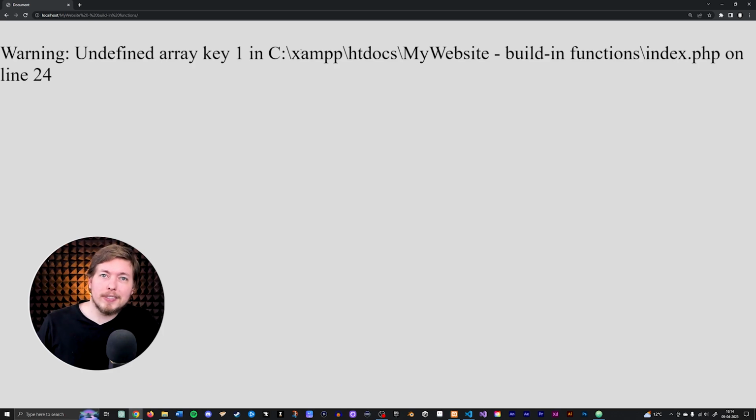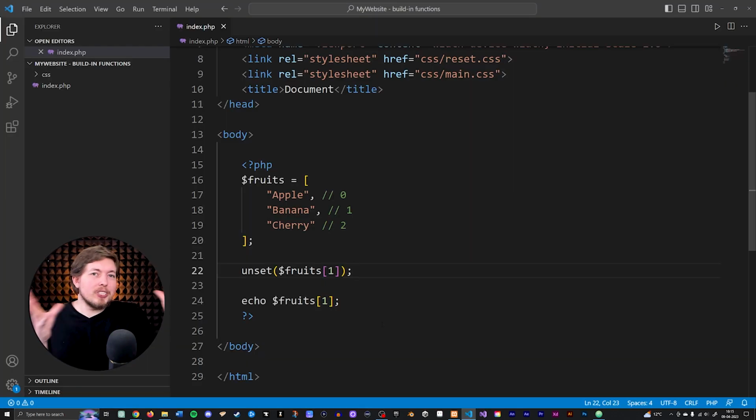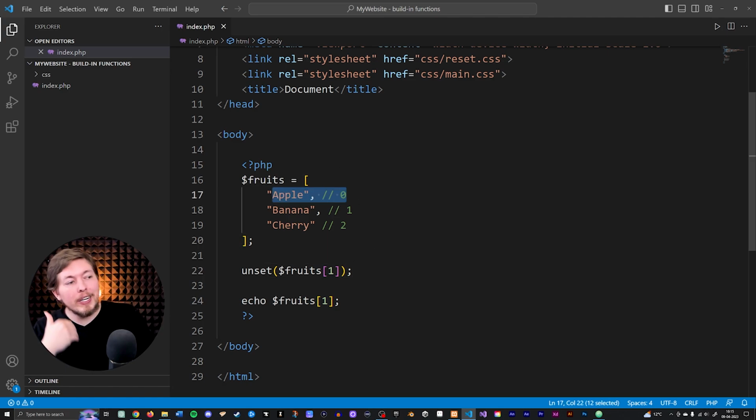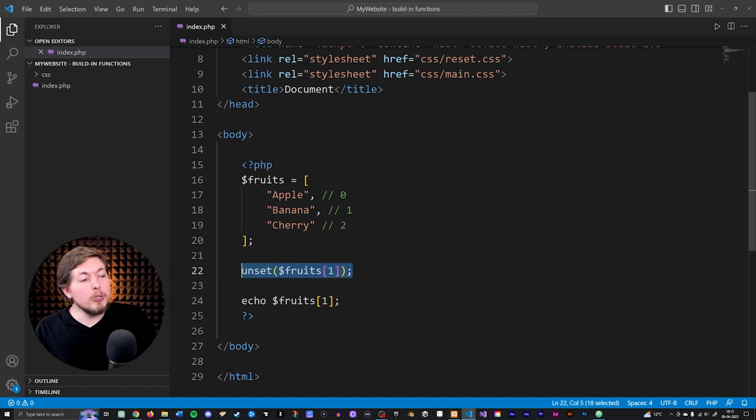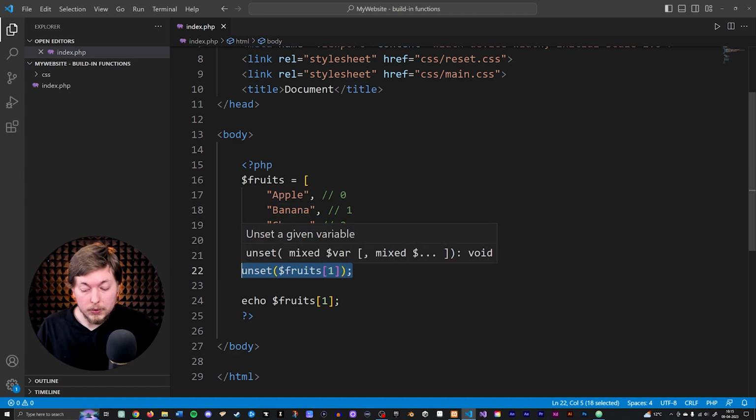But now you could argue that using unset here is not really going to be deleting an index from inside the array, because technically we might want to have the cherry being moved back 1 index, because right now we have an index as 0 and as 2, and index number 1 has nothing inside of it. So if I just want to completely take out banana instead of just deleting it or unsetting it, we can actually go in and use another built-in function called